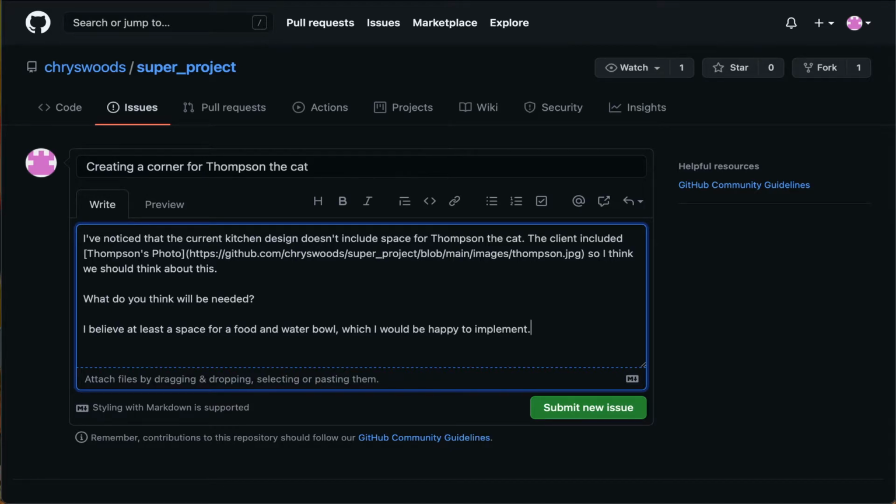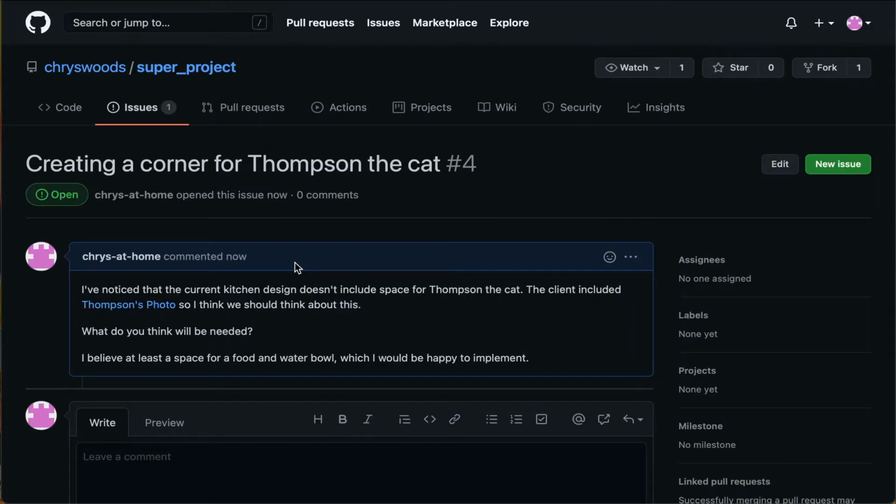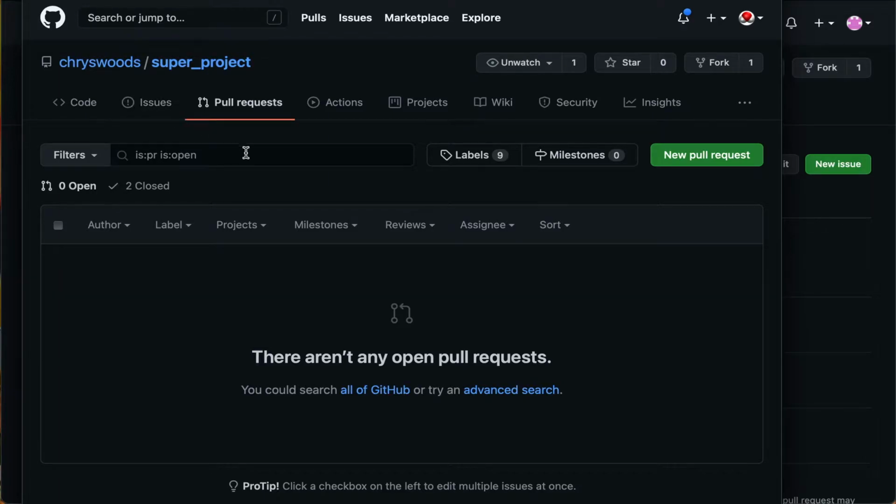Okay, once you've finished writing it, you can now submit new issue. And that's now made the issue in the repository. It's now there in the original project. Again, the person who viewed that project, so this is now me. If I just bring this window across here, if I look at the issues, I may have been notified